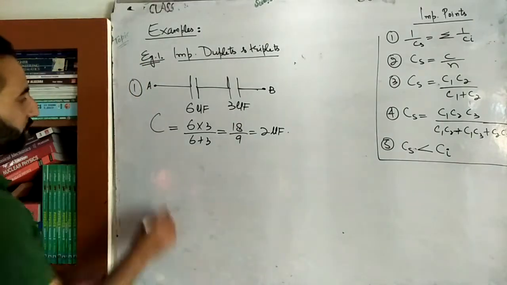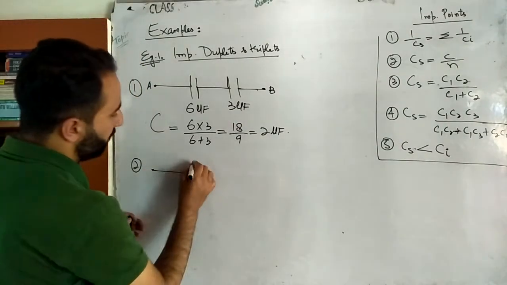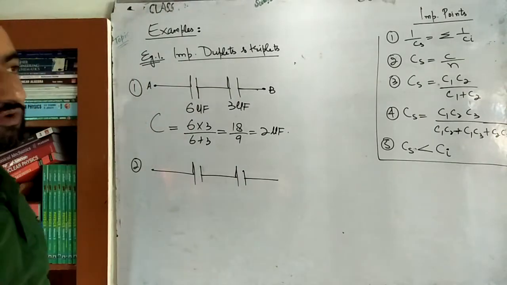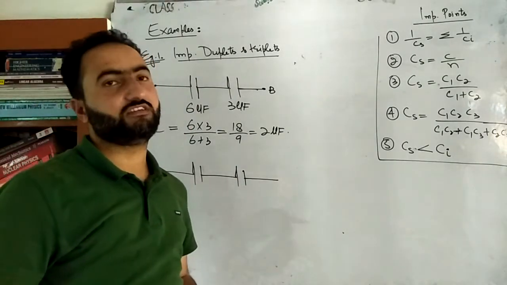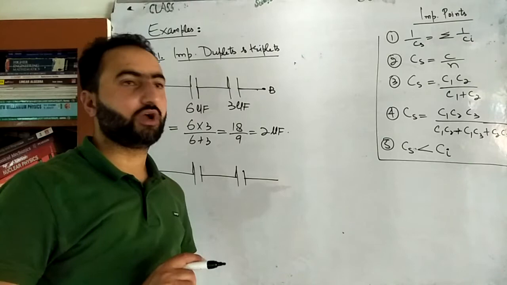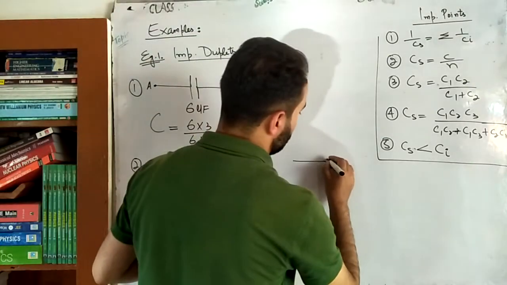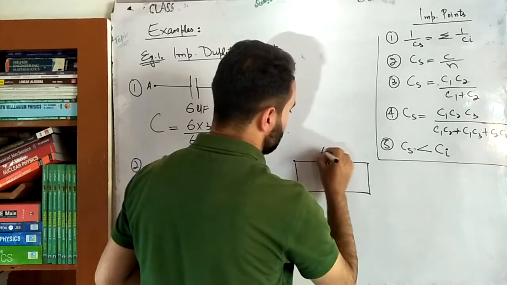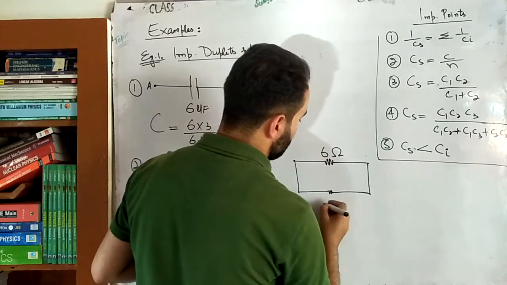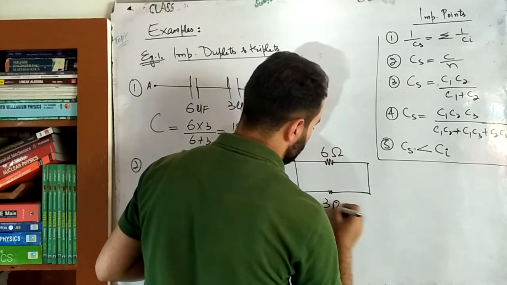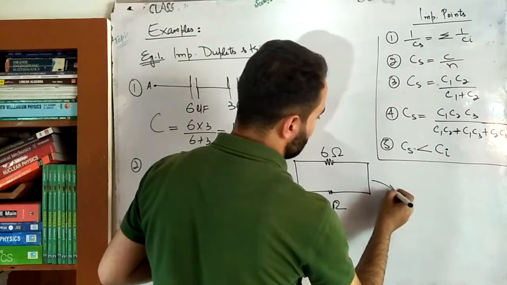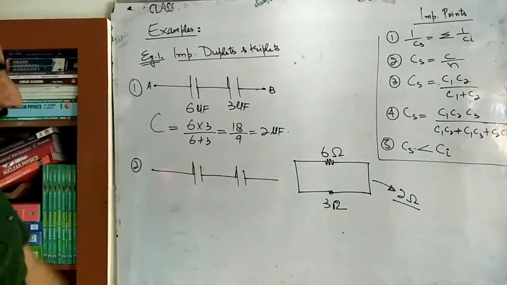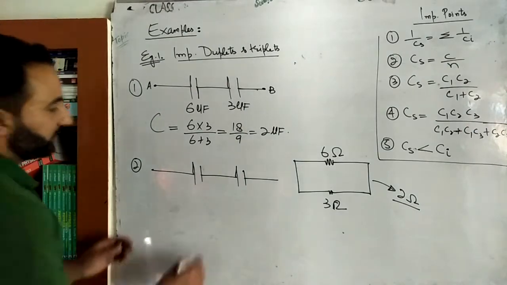Then number 2, now pay attention beta. For example, here we have one more. We have done these examples in resistances, but in parallel, if you remember. Here we have one resistance of 6 ohm and another resistance of 3 ohm. Then the equivalent resistance will be how much? 6 and 3 in parallel give 2 ohm. In exactly the same way, beta, we have done one more example.